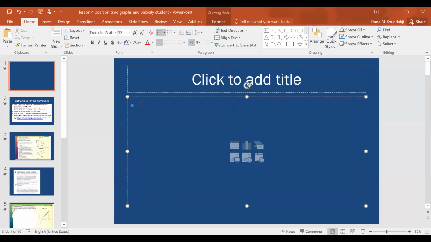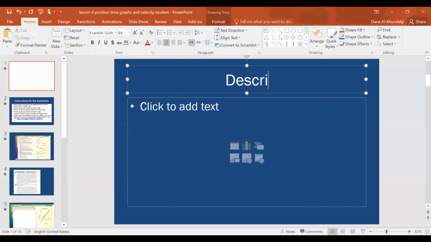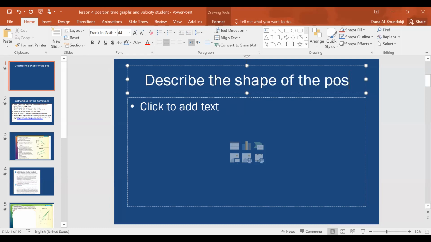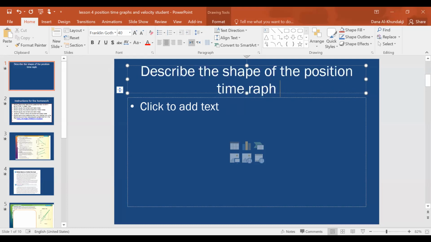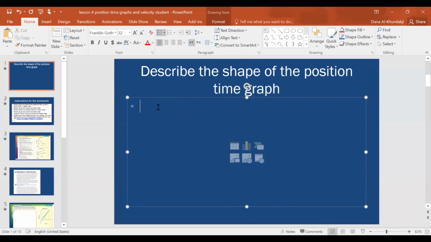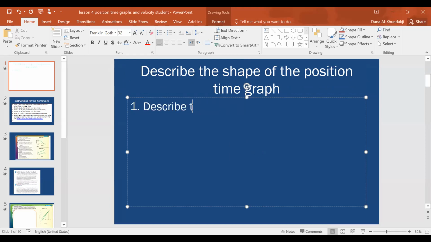So, things that you need to include when you are describing the shape of the graph. When you describe the shape of the position-time graph, here are the things that I'm looking for. Number one, you have to describe the speed, and by that you're going to say either it's constant